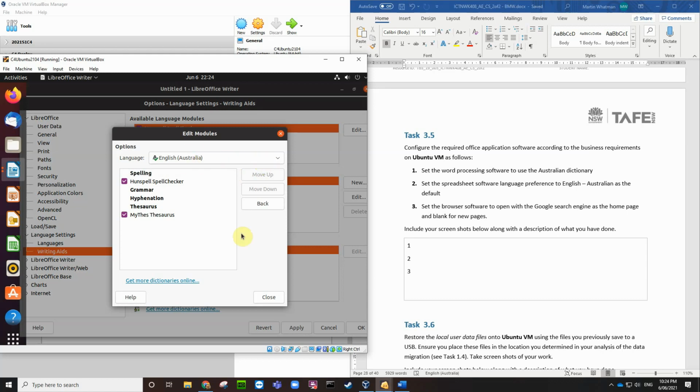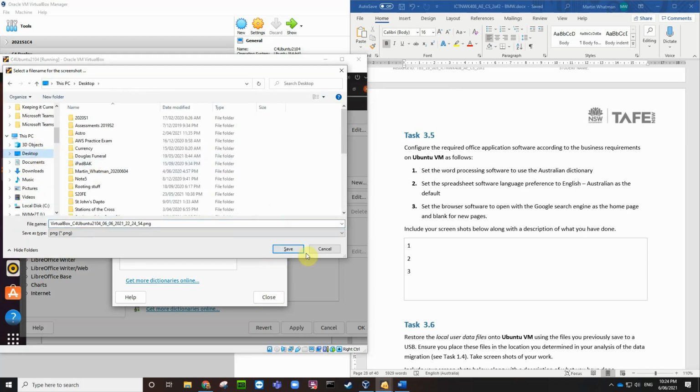It's all in English Australian anyway, so let's go. Yeah, we've got English Australia already there, so let's go Control E,